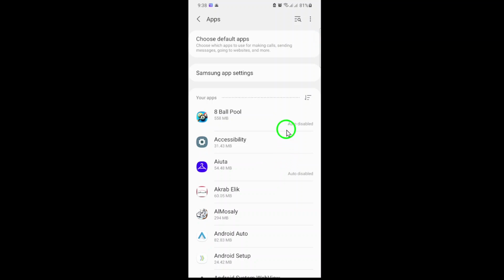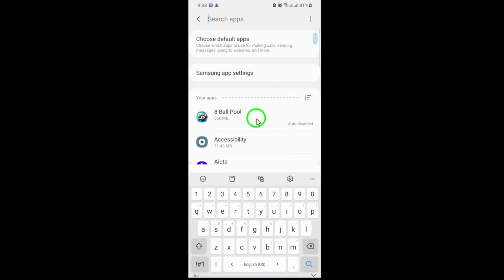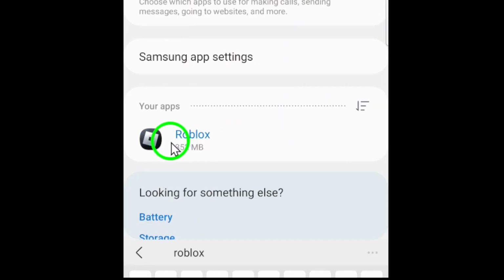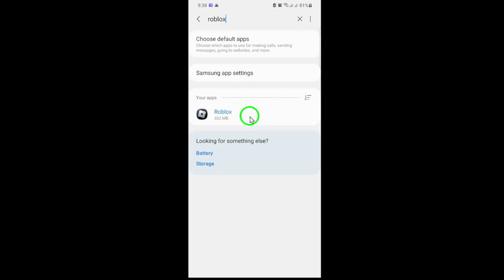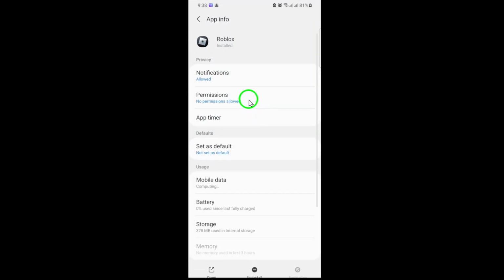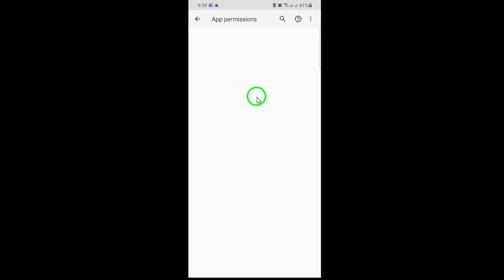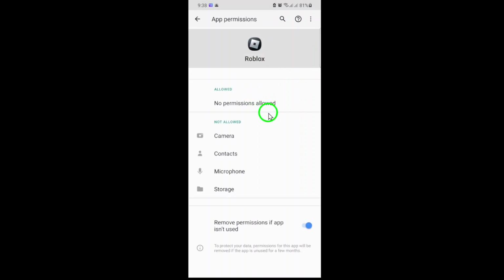Now, scroll through the list and find Roblox. Once you spot the Roblox app, tap on it to open its settings. Here, you'll see all the options for how Roblox interacts with your device. Look for the section labeled Permissions. Tap on it. This is where you control what features Roblox is allowed to use, like your microphone, storage, and,